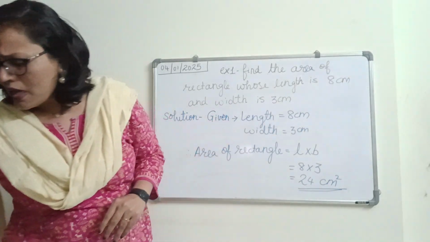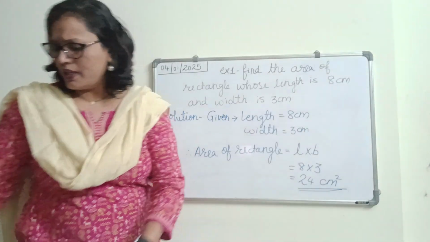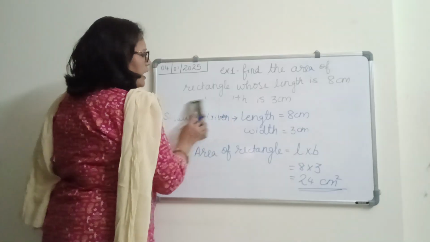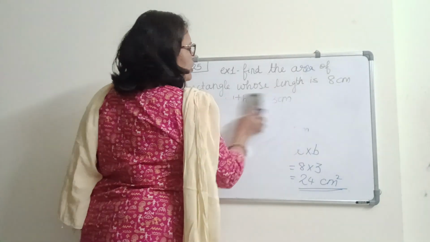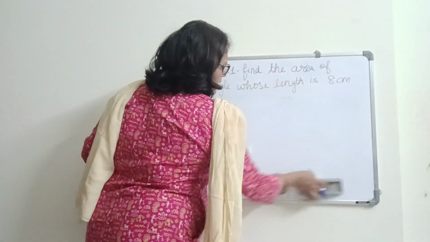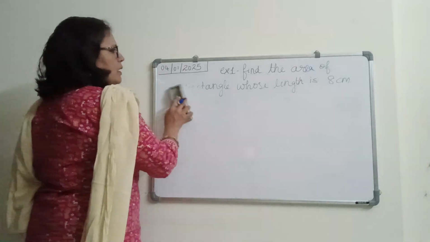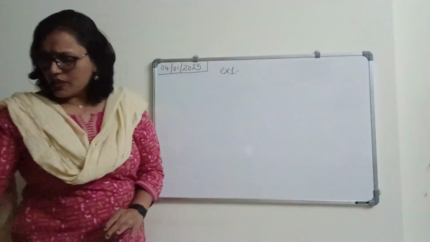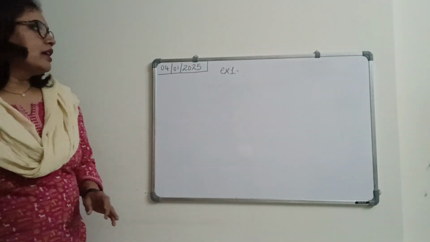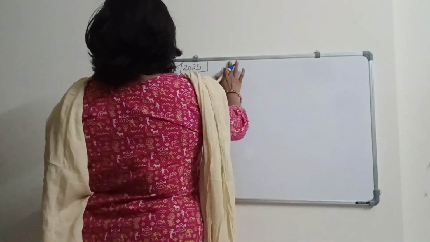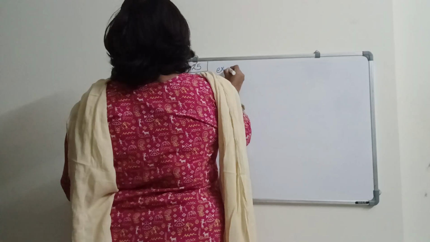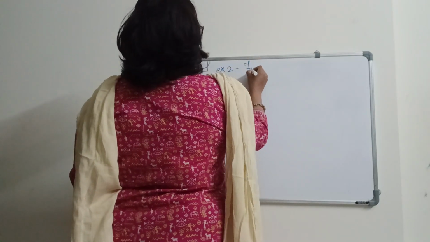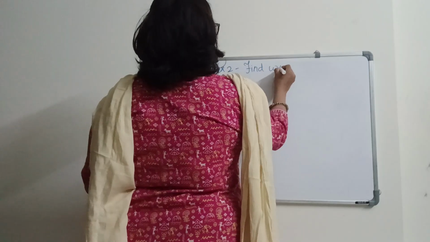So now we'll solve one more, where the area is given. When the area is given, you have to find the length or breadth. Something they ask to find out. So the next question is exercise 2. Find the width